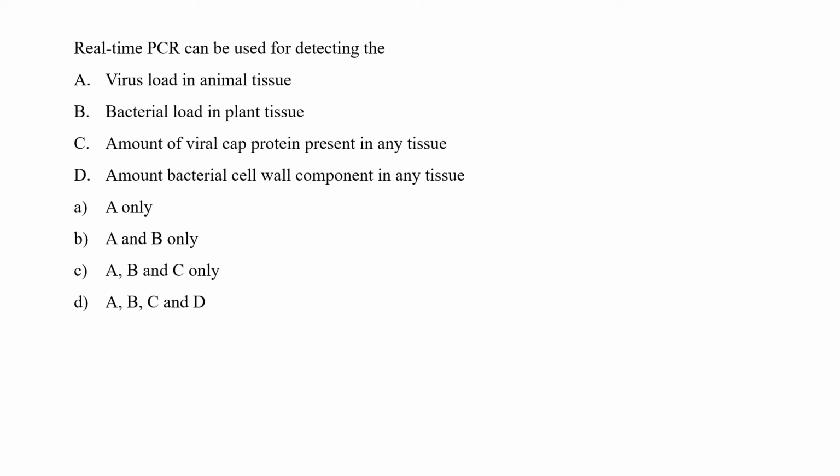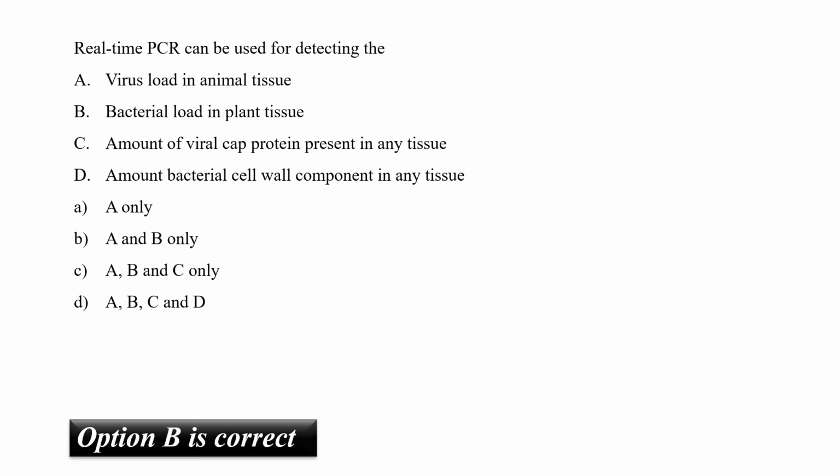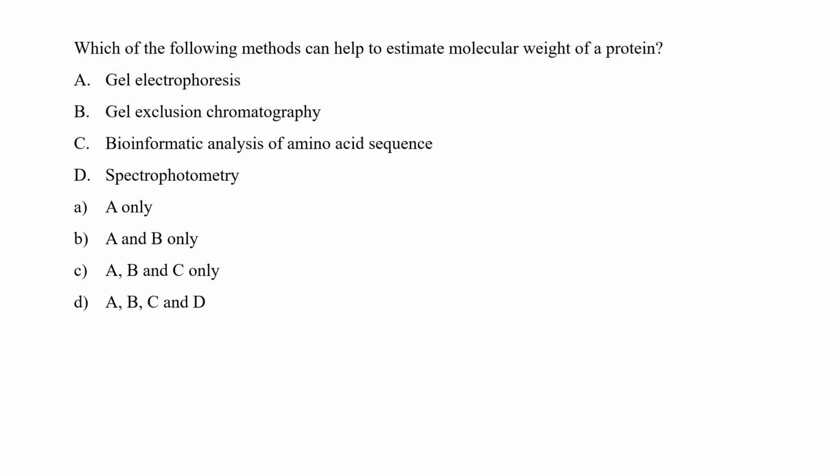virus. Real-time detection of PCR product is enabled by inclusion of a sequence-specific primer or fluorescent reporter molecule in each reaction, that yields increased fluorescence as well as increased amount of product cDNA. So the correct answer in the options is option number B, A, viral load in animal tissue, and B, bacterial load in plant tissue. The next question is, which of the following methods can help us estimate the molecular weight